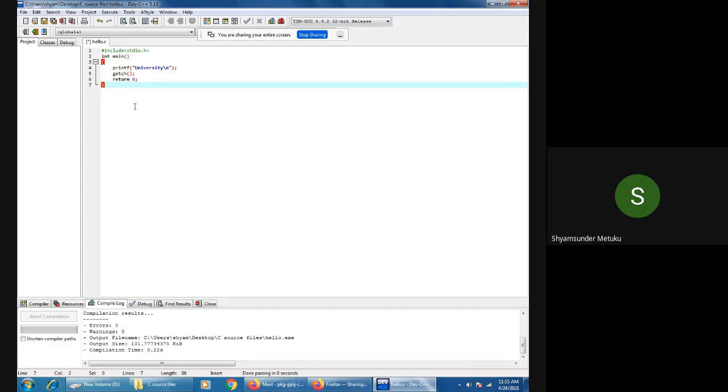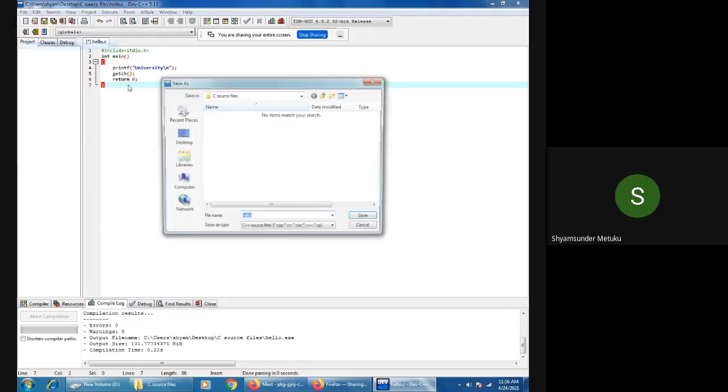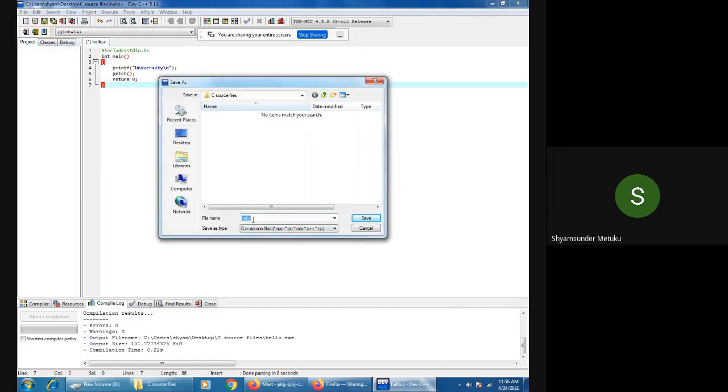Then we take the input statement, scanf, which I mentioned that day. But before I explain the input statement, let me explain the data types. Whenever you want to write a new program, better to simply take Save As. You can give some other name. hello.c will be there, but a second file will be created with the same contents.